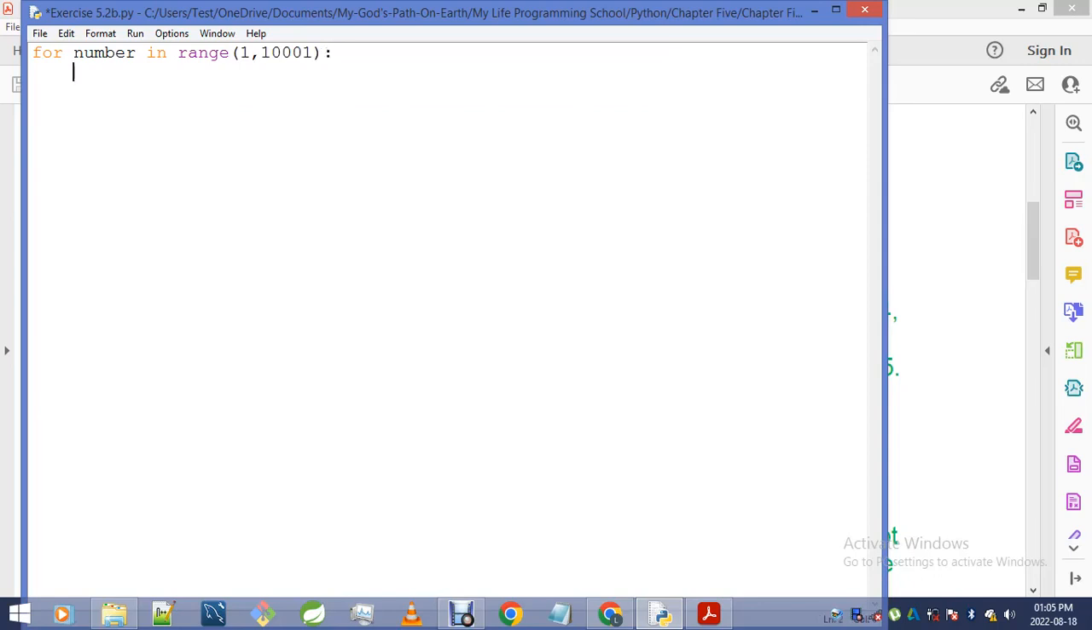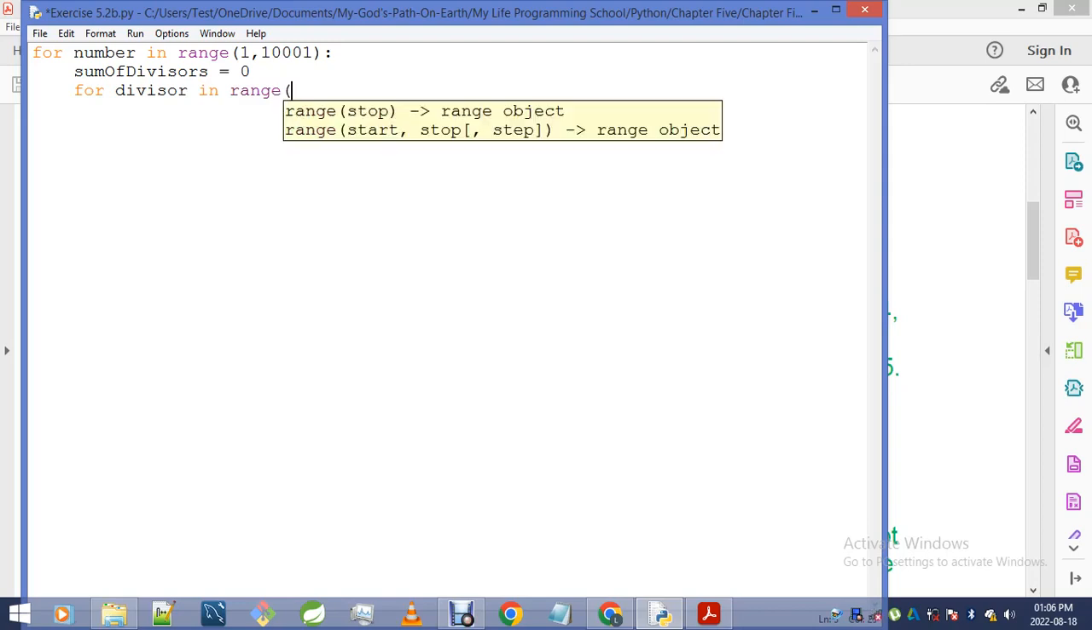Okay, so, sum of divisors, a variable to hold the sum of divisors. At first it will be initialized to 0. I'll have another for loop which will look for divisors. So, divisor in a range, I'll start from 1, I'll go all the way up to